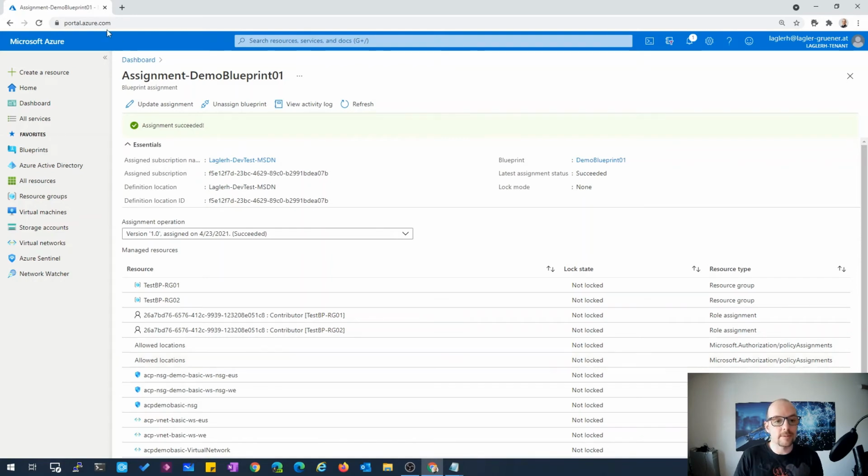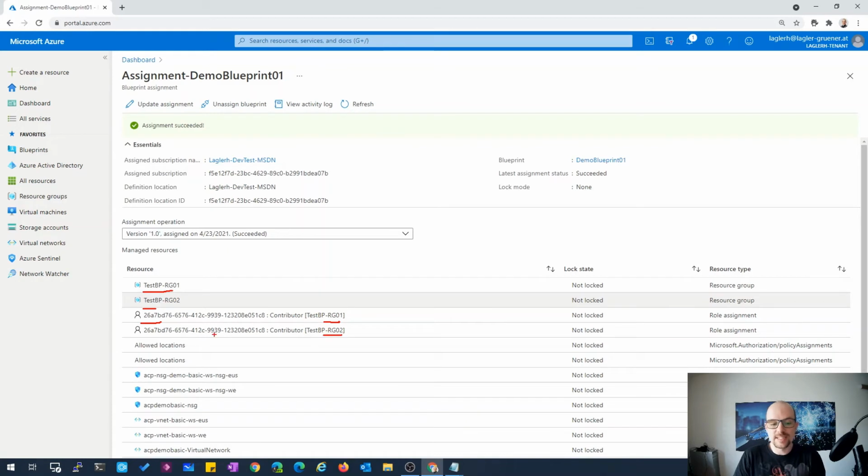You can see on the top that the assignment succeeded, and on the bottom you can see the huge amount of resources which are deployed. You can see the two resource groups here. You can see the role assignment for each resource group, RG1 and RG2.